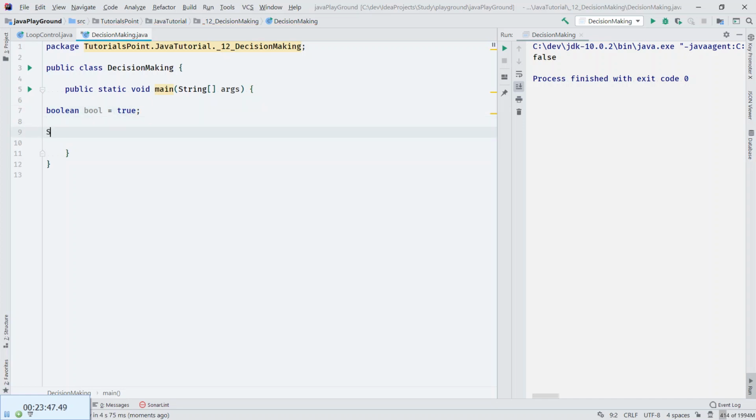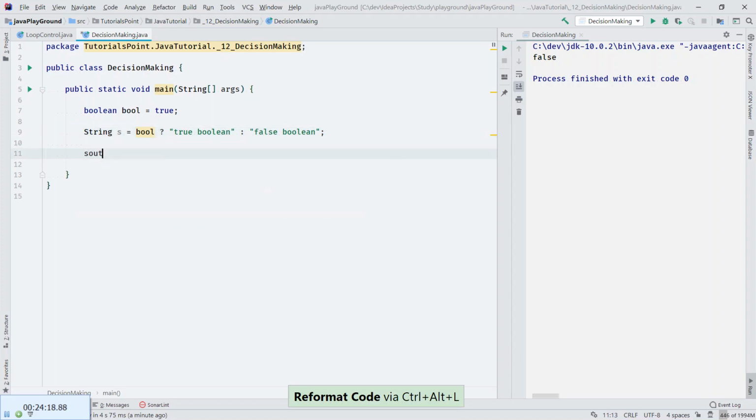And here we will have a string s equal, and here will be boolean question mark, this will be true boolean and false boolean. And I will print out this s.